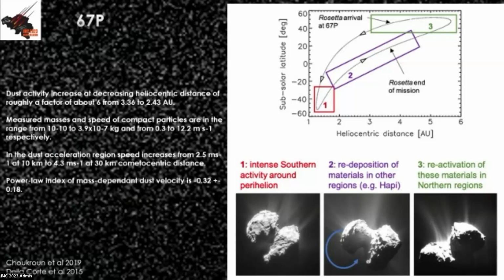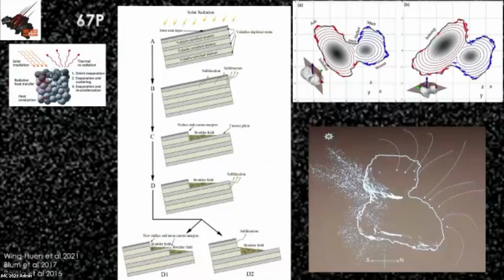So the process is much more violent than we thought at the beginning, and this has to be taken into account. I'm not going to go deeper into this, but this is a small summary of the values of the distances and the dust activity that we have found in different papers. What is important to understand is,